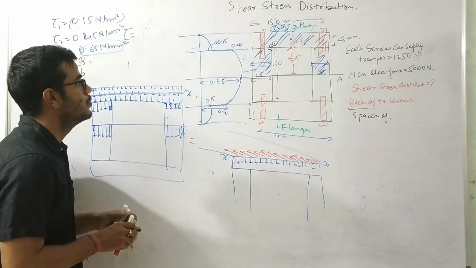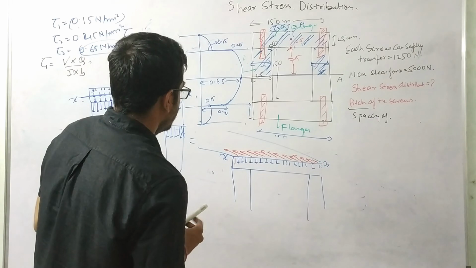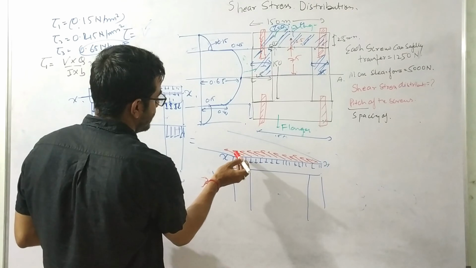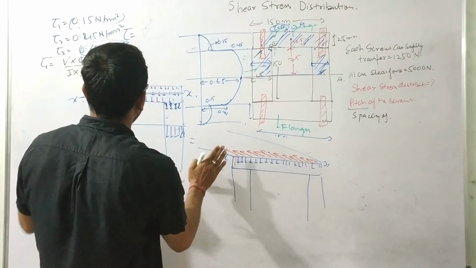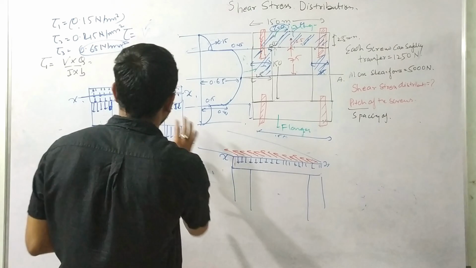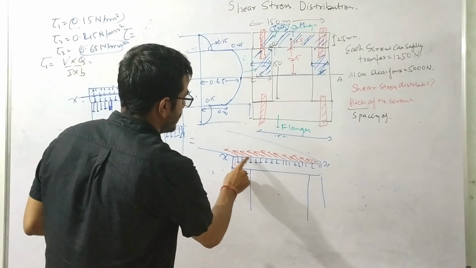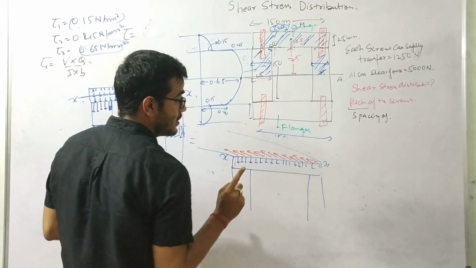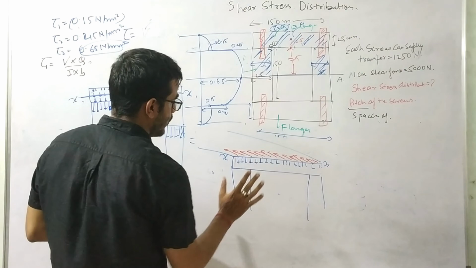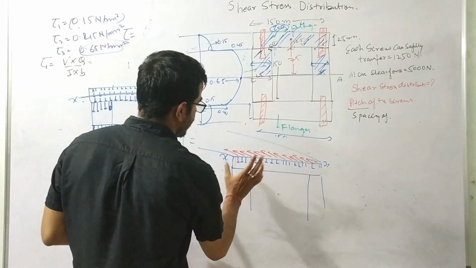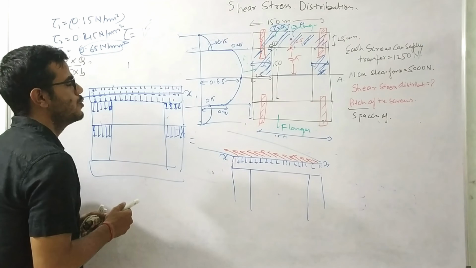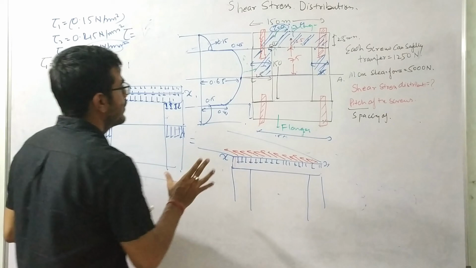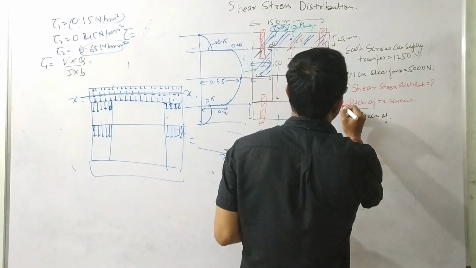Now, above this member will also have some shear stress. This is the value I'm cutting at this section. This section, the shear stress will look like this. Again, remember one thing, that the variation is not uniform. Actually in actual practice the variation is a little bit different, but we have made some assumptions. You can see the previous lecture for what I want to convey over here. So this part is over. Shear stress distribution is over.